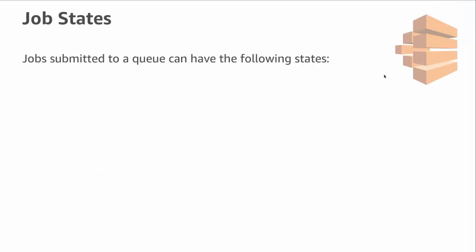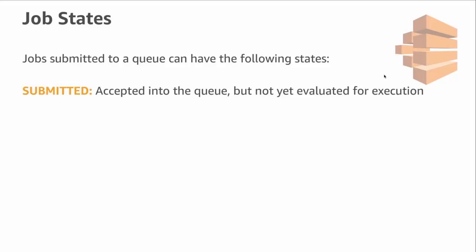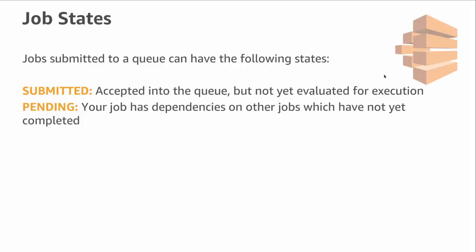So when jobs are submitted to a job queue, they can have the following states, right? So first they're submitted, right? That means they've been accepted into the queue but have not yet been evaluated for execution. After that, they'll move into a pending state, right? So this is where your job has dependencies on other jobs which have not yet completed, right? So that you can see them sitting in the pending state, especially if there's a dependency that needs to be